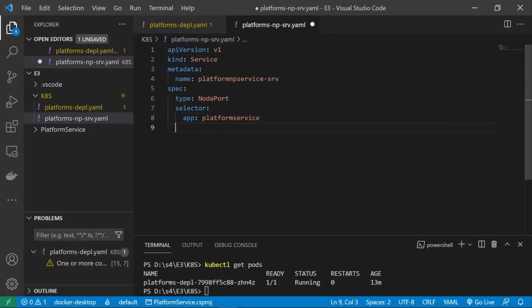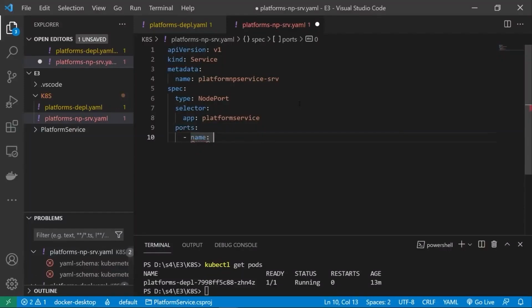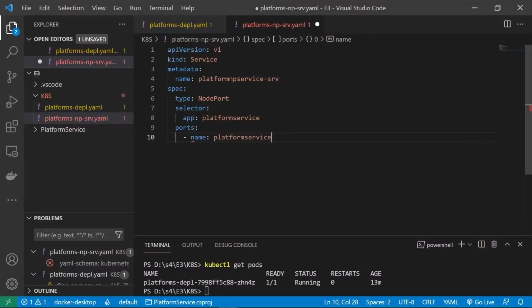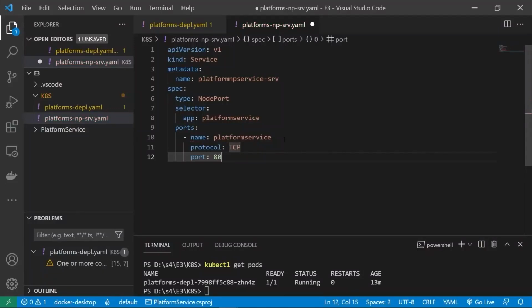And then we come back and we specify the ports. So we're going to specify a name. For memory, the name thing is not mandatory, but I'm going to put it in anyway. I'm going to give it the same name as this. I think you need it if you're specifying more than one array of port types. And you can see here, this is an array that we're defining, or array element, should I say. So protocol is just TCP, port is 80, and again, that's the port on the node port,